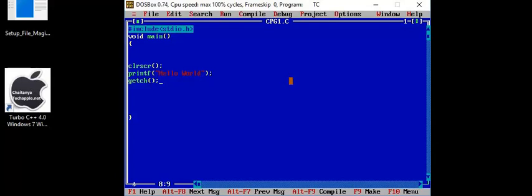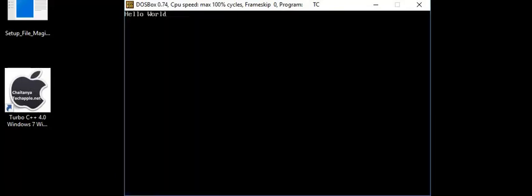getch is one input function. The machine waits to get one character as input. Meanwhile, you can see the result. Okay, let us run the program. Alt R, run. The machine has cleared the screen. The machine has printed the message. The machine is waiting for the input so that you can see the result.